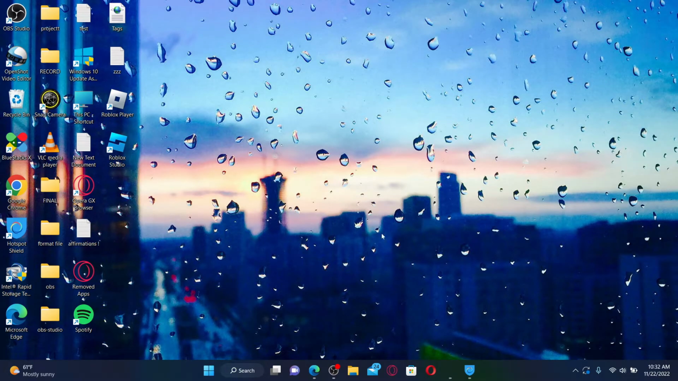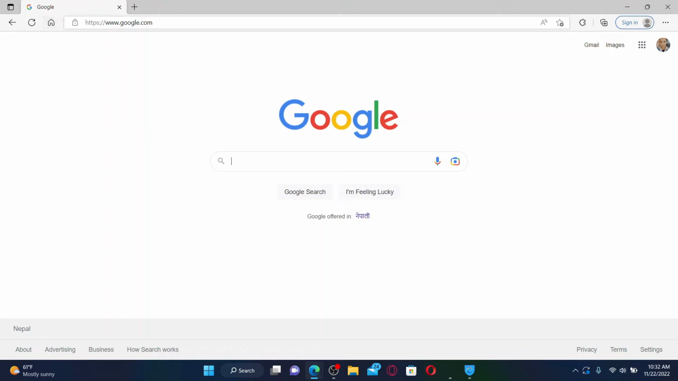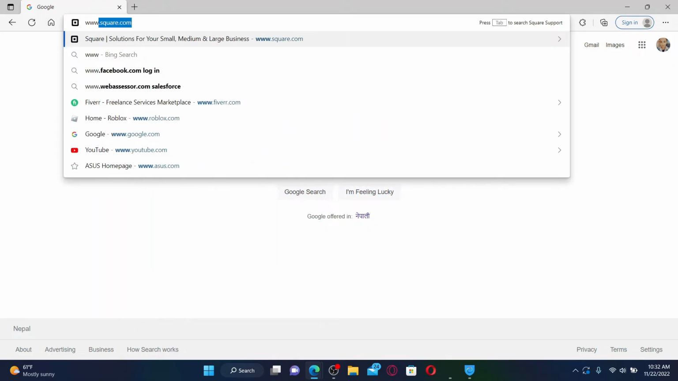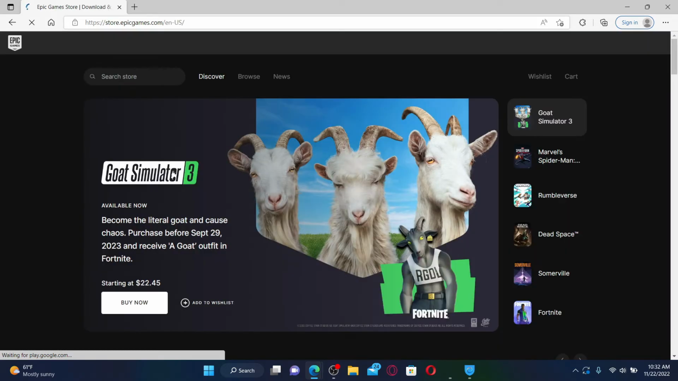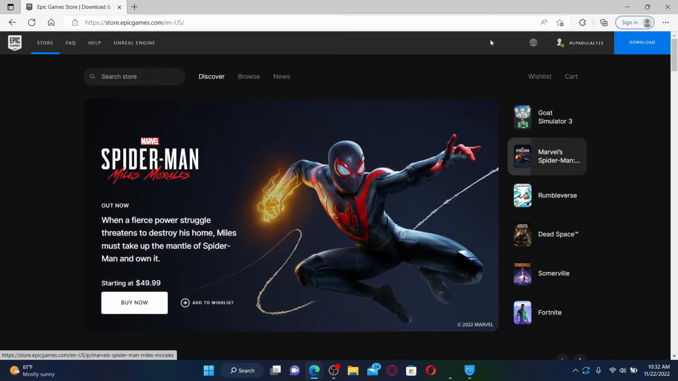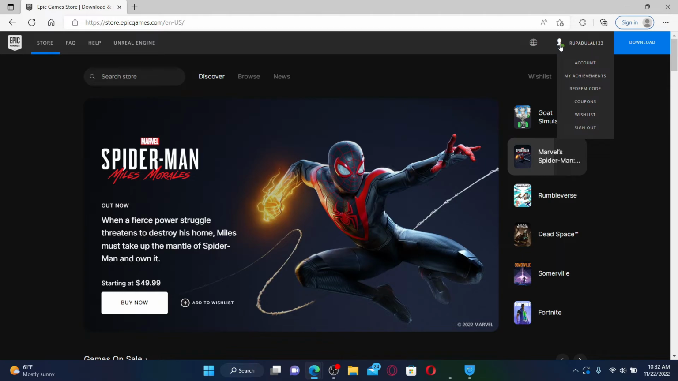Open up a web browser to get started. In the URL box, type in www.epicgames.com and press enter on your keyboard. Make sure that you're logged into your Epic Games account by entering its credentials. And once you're inside, mouse over to your profile icon at the top right and you'll be able to see